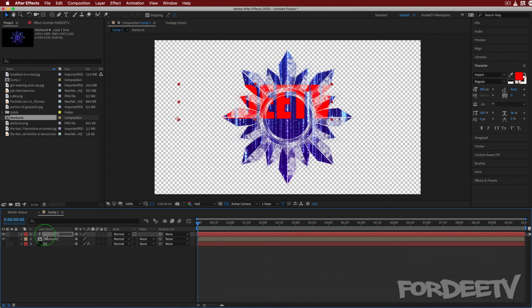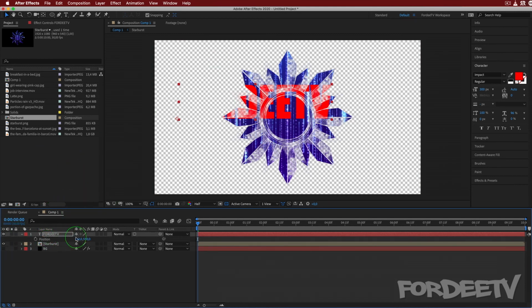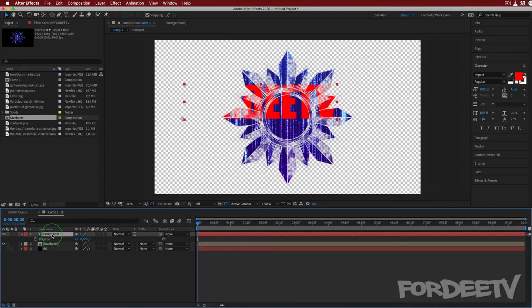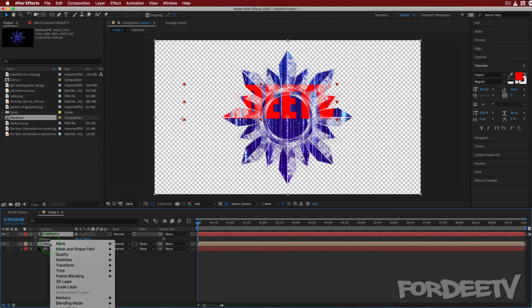So if I go ahead, I can then click on P for position, and I can move this around, and notice that it inherits all the transparency below. So interesting, useful. I haven't used this very much, but that's what it is, right? If I wanted to show this background below, look, as soon as I turn it on, then this doesn't work anymore. So I could select the FordeeTV layer, hold shift on my keyboard, click on the starburst,